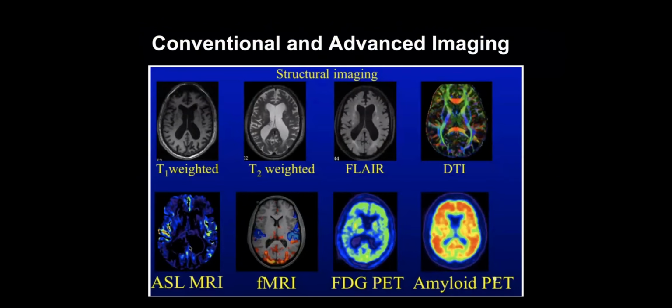And of course, conventional and advanced imaging entails a variety of techniques. Conventional sequences tend to be revolving around different types of weighting. So there's T1 signal that emphasizes brain structure. There's T2 signal that looks more at white matter and fluid signal. Those are conventional sequences. Fluid attenuated inversion recovery is an example of that type of weighting on the T2. And of course, as you move from those conventional sequences to diffusion tensor imaging or DTI, we can start looking at the neural wiring of the brain. We can look at arterial spin labeled or ASL MRI to look at blood flow.